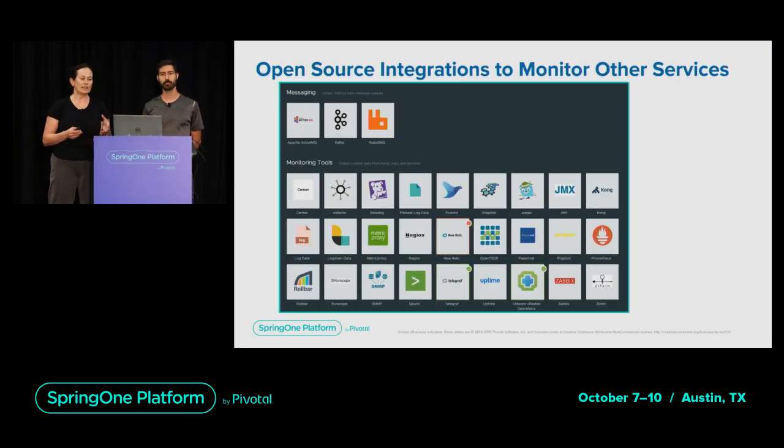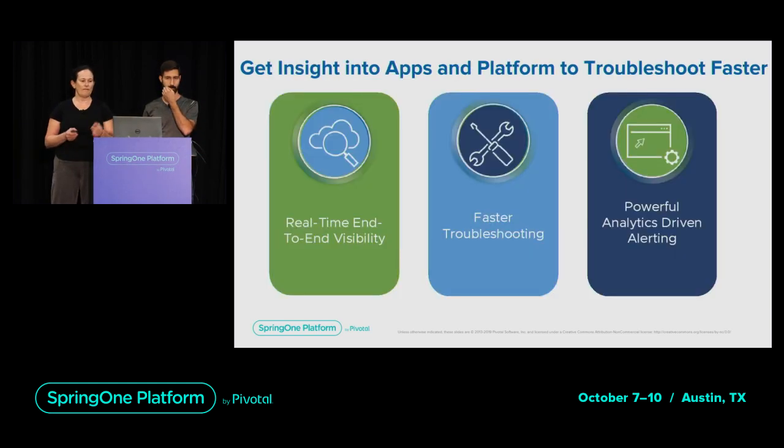And then regarding open source integrations, the more the merrier. Here you can see some of them, like Prometheus or Jaeger. And finally, before handing to Pontus for the live demo, again, real-time enterprise end-to-end visibility is very important in order to effectively troubleshoot. And if you have analytics, very powerful AI, ML-based analytics to proactively alert you and give you actions on what to do and how to deal with the incident, that's very, very useful.